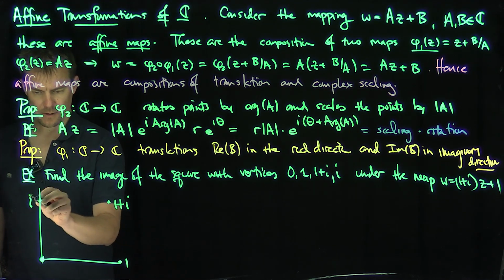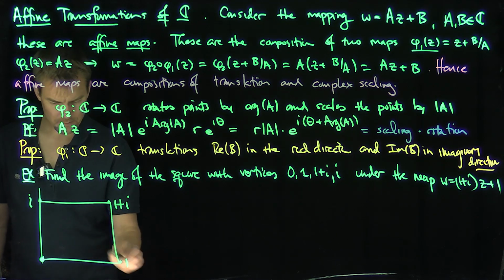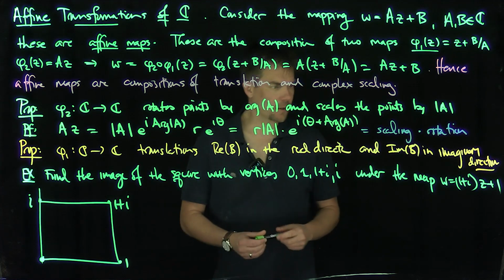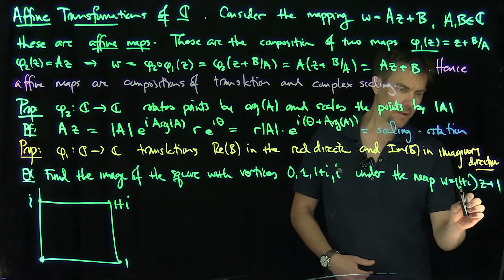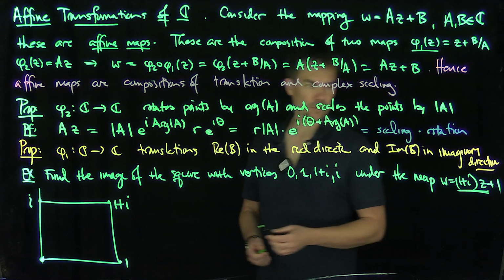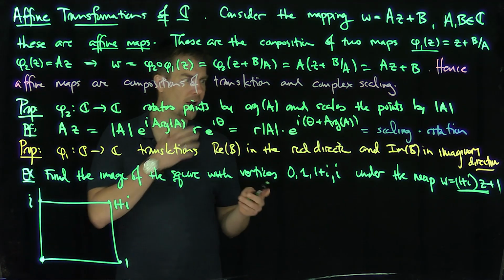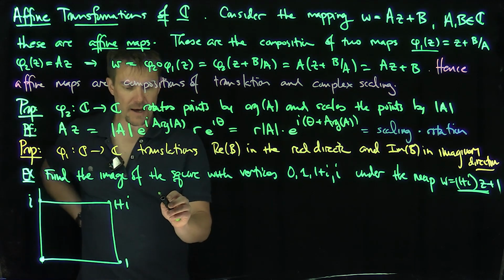And then here's I. And there's our square, right? Okay? And the complex plane. So what's going to happen? Let's take this one first. The first thing we're going to do, let's do this operation first. I'm going to do the scaling operation first, okay? So the first thing I'm going to do is I'm going to say, okay, well, what's 1 plus I? 1 plus I,